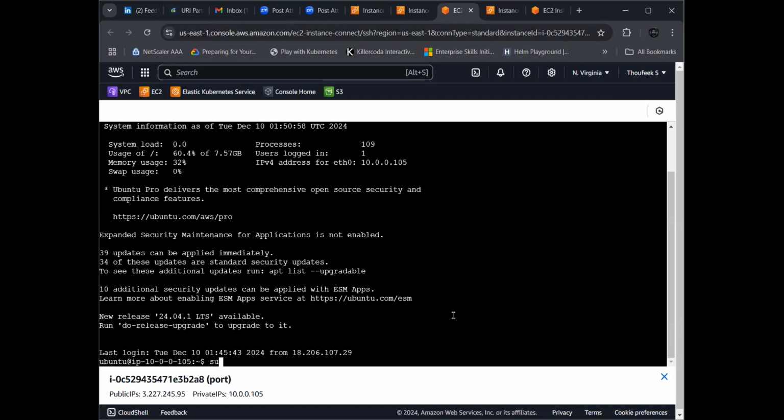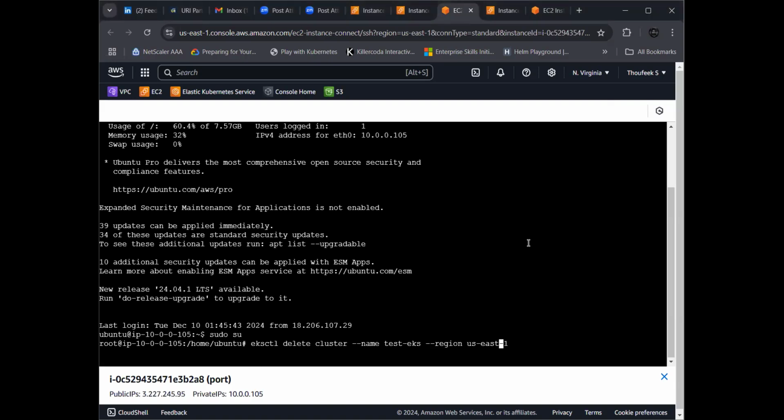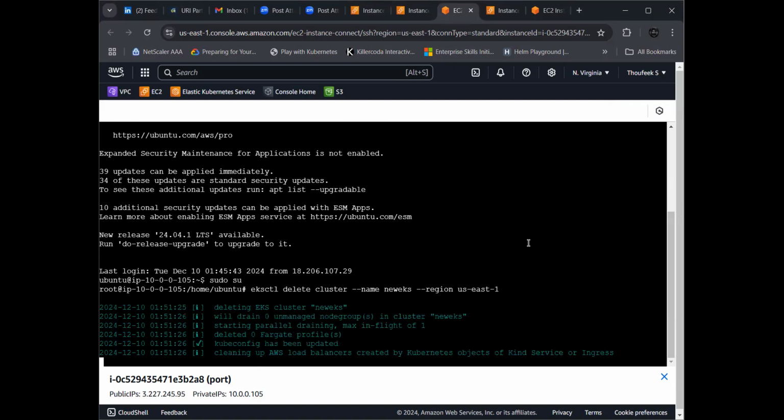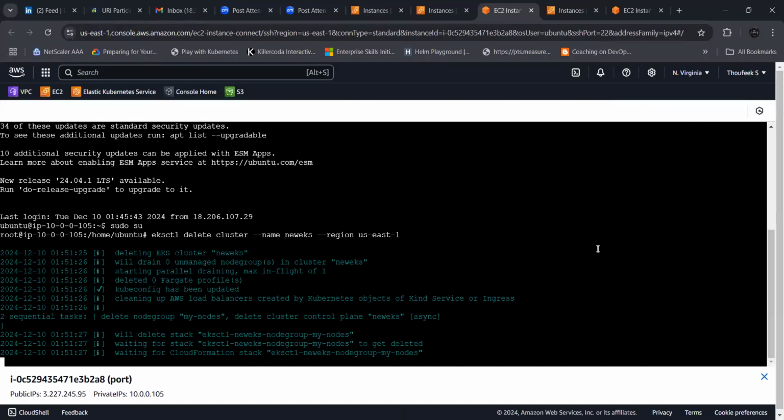That's why. So this is the way we delete our existing clusters